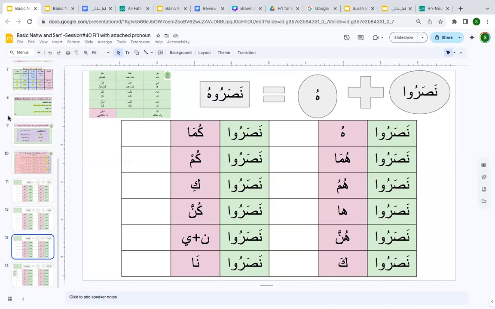Anytime, anytime. What are you noticing here? Anytime your pronoun is attached to your fail, what is the status of that pronoun? Here, I'm talking about these ones: huwa, huma, hum, ha, hunna, ka, kuma, kum, ki, kunna, ni, and na. They are always going to be nasb in status. So the take-home point is,